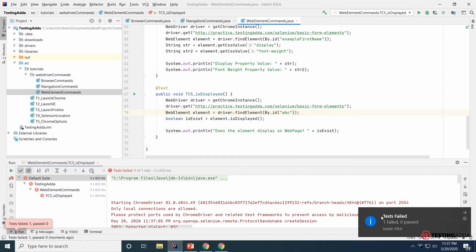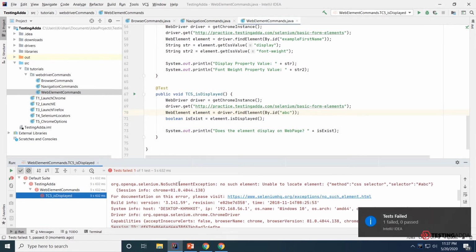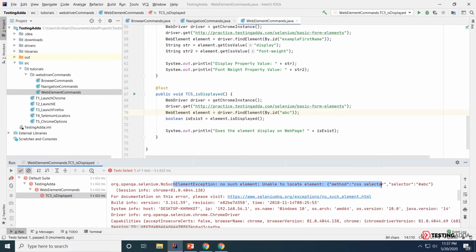As you can see, now one test case failed. If you scroll down, you will be able to see NoSuchElementException. So where the element is available, the isDisplayed method will return true, but where the element doesn't exist, it will throw NoSuchElementException.